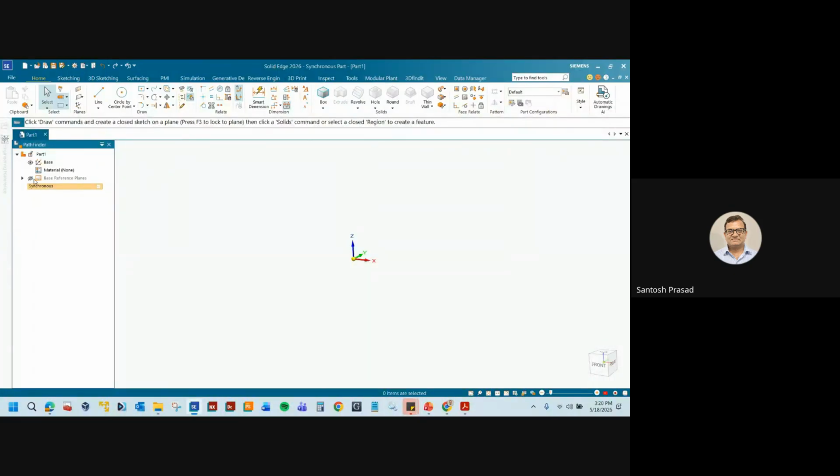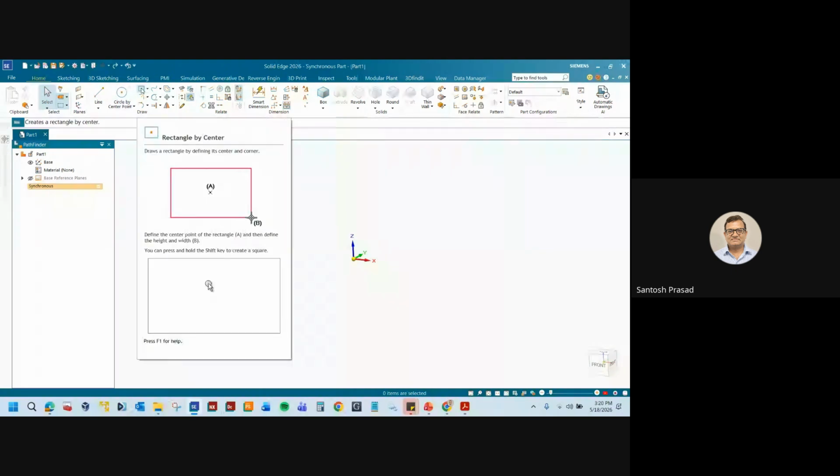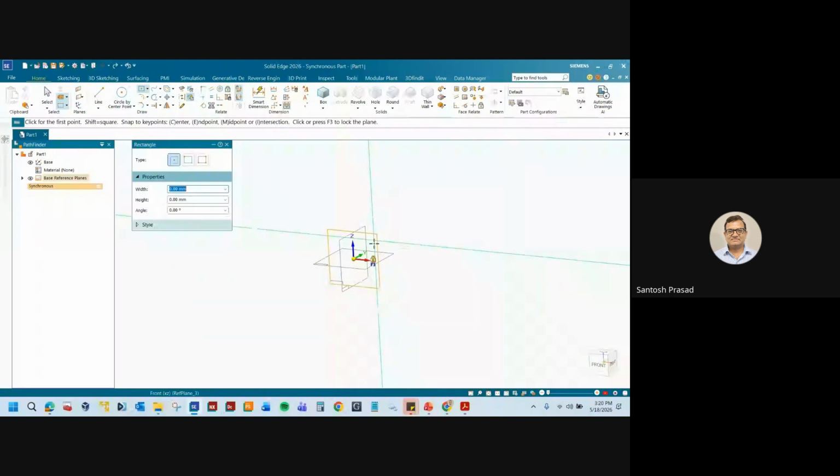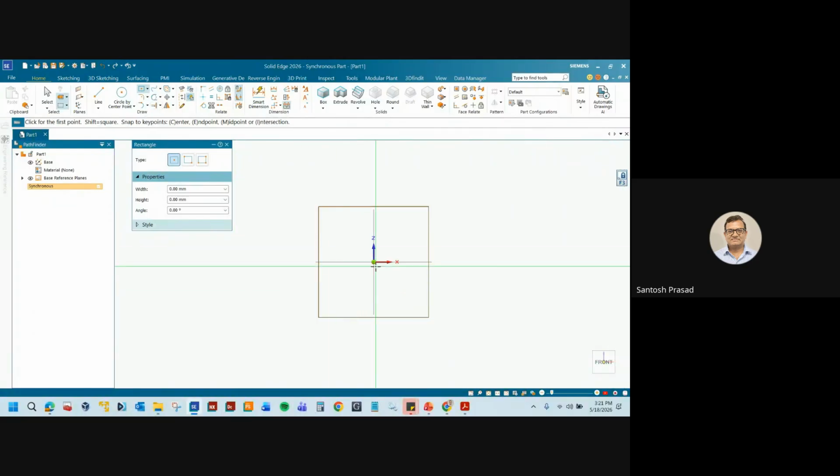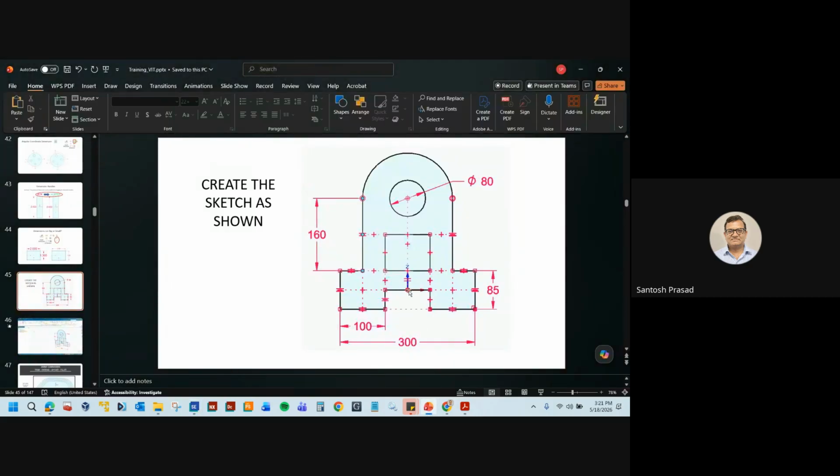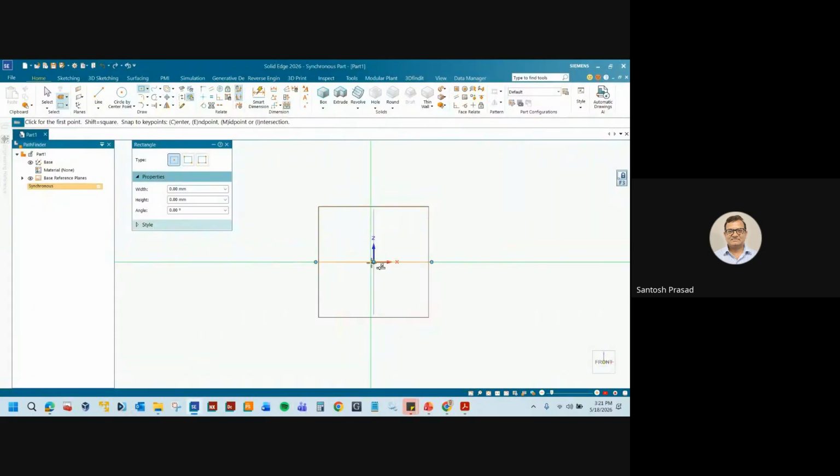So I'll go with this one. I'll click on this plane, and now the plane has been locked. I'll click on this front to rotate it, and what I'll do, I'll just make this the center of that. So for that, let's see, I'll just use,